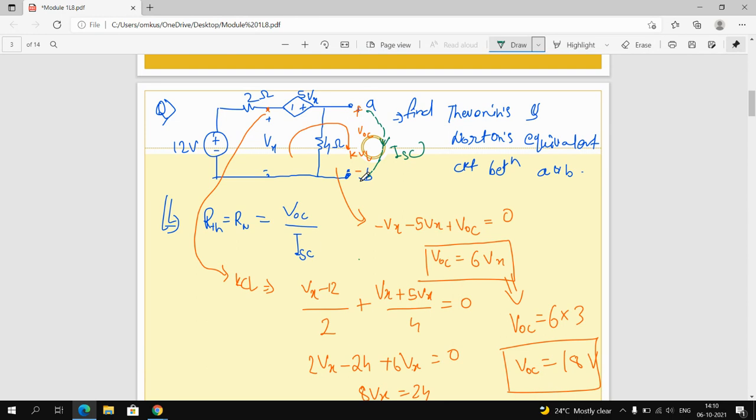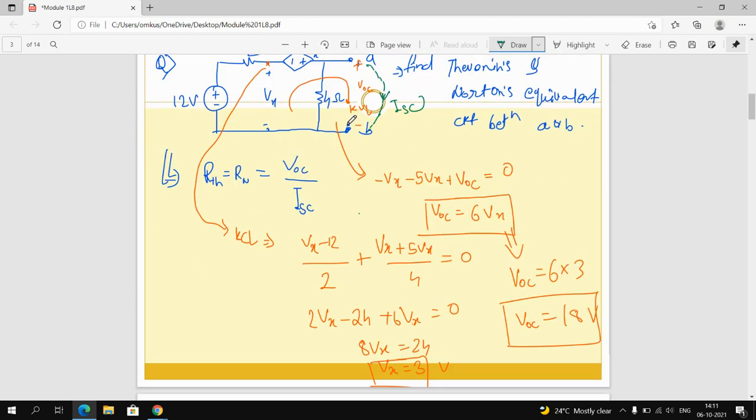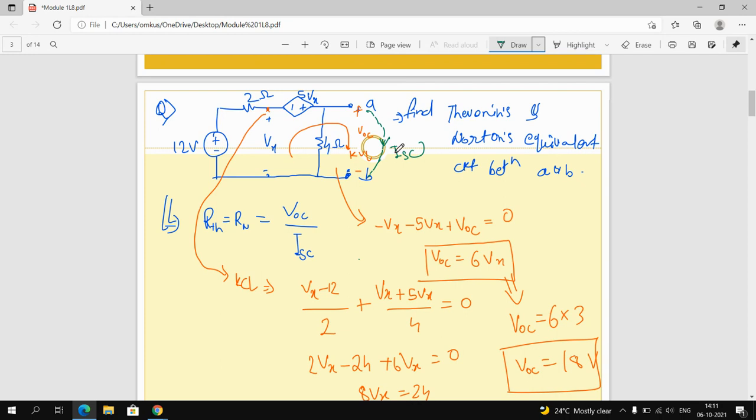Now when I short circuit these two nodes, this is a redundant element because this is parallel with this short circuit. So due to this short circuit, all current goes from this side. Okay, so this is not in use in this circuit. So in short circuit, we need to find out the ISC, right? So apply KVL here in the second loop. So you can easily find out the short circuit current.